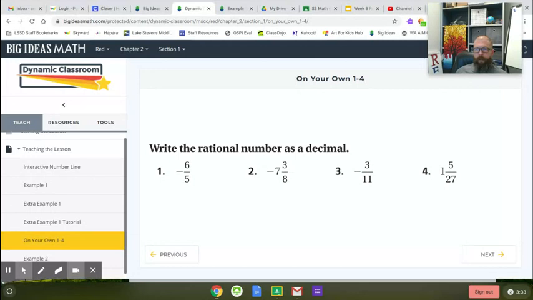Okay, now that you're back, hopefully you did all 4 of those. Here are your answers. All right, don't forget your negative signs. These ones are negative. This one is positive. So it looks like that one was repeating 185. This one's repeating 27 hundredths. So again, bring your questions